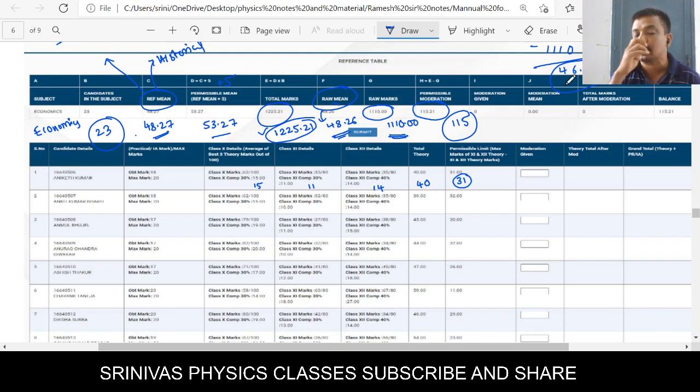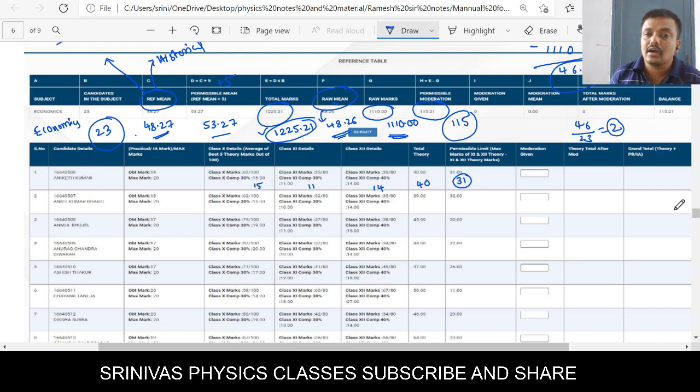These 46 you may distribute equally for all students. For each student, 46 is divided by the 23. Then you can add 2 marks to each student. Each student gets 2 marks, then your subject average reaches like this. But if you take another example, it may be different.